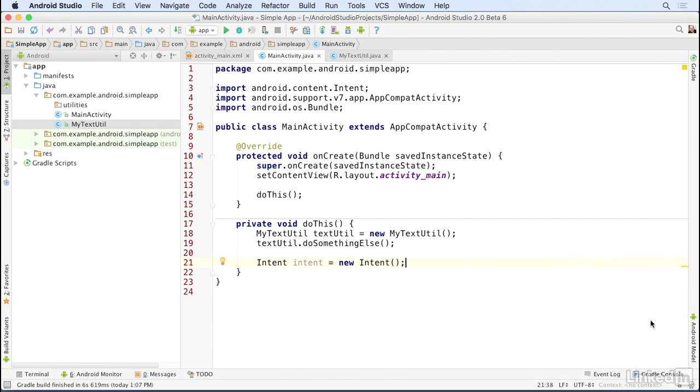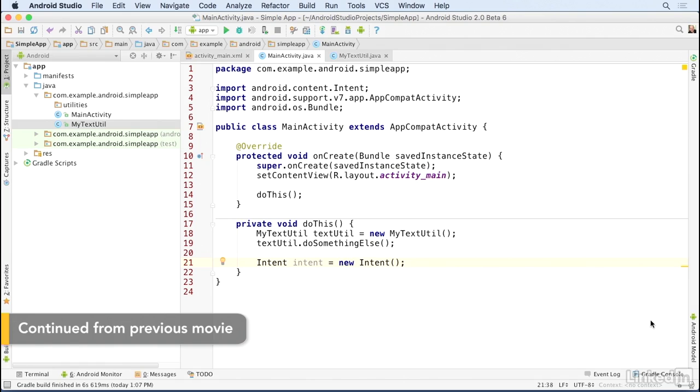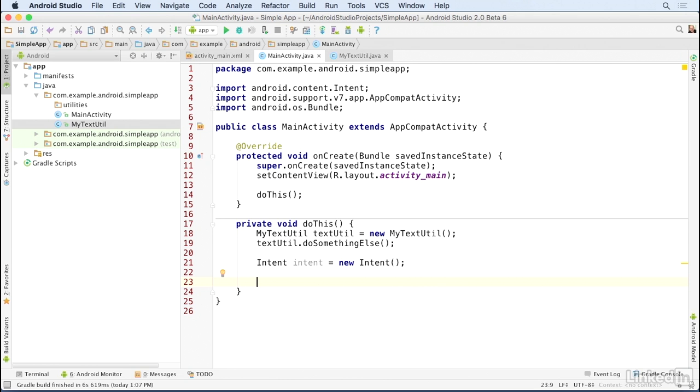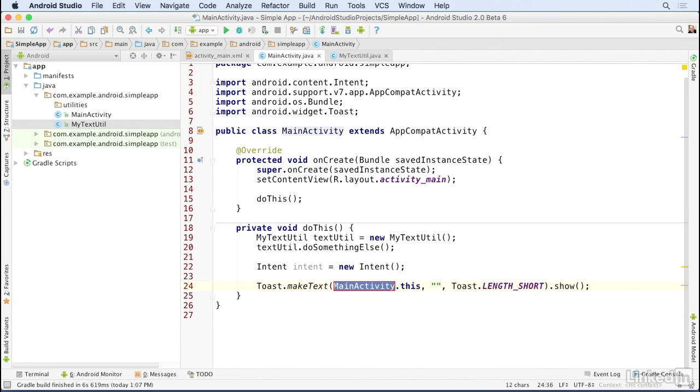Live templates are pre-built bits of code that are associated with abbreviations. To use a live template, type the abbreviation and then press the Tab key. I've previously demonstrated a couple of live templates that are already defined in Android Studio. For example, if you want to display a toast message, type toast and then press Tab, and that expands to